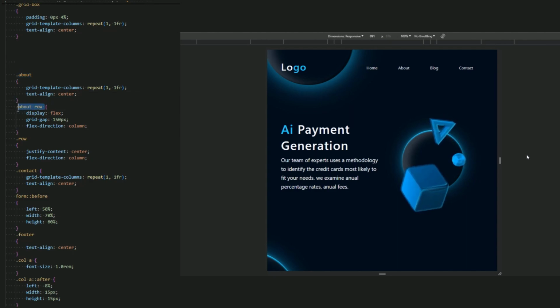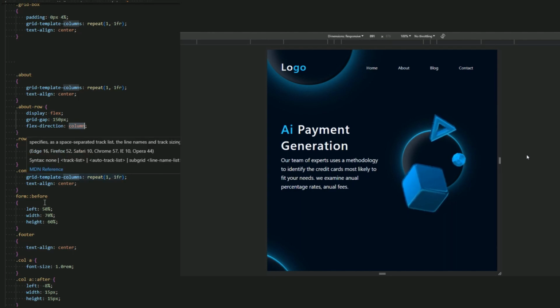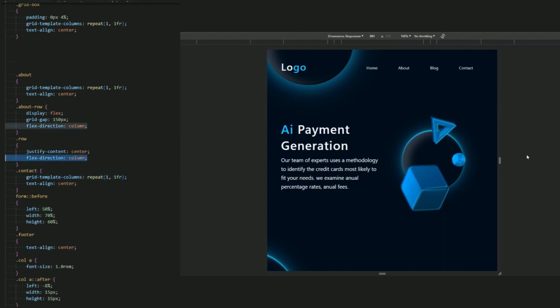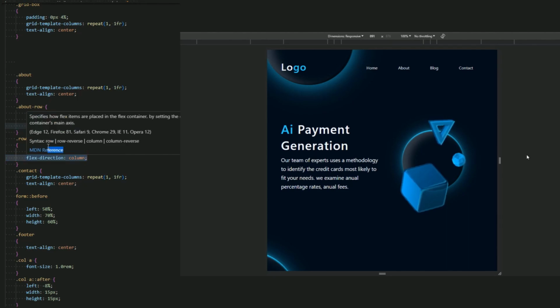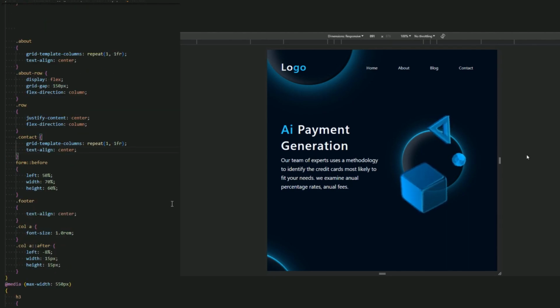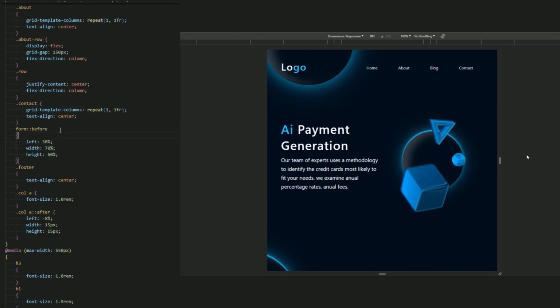Now the about row, we add the display flex instead of the flex, and we add a grid gap for the space and add a flex section column. And for the row again, we add the flex section column and the justify content center. And for the contact again, we add the repeat 1 1 and 4. And for the form before,